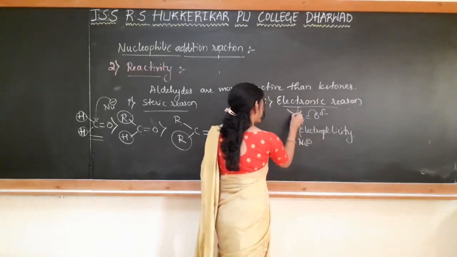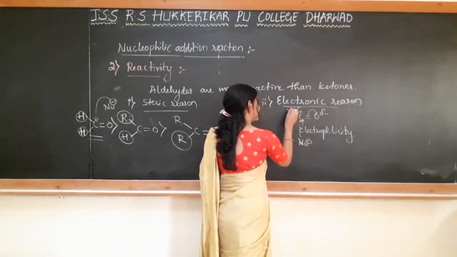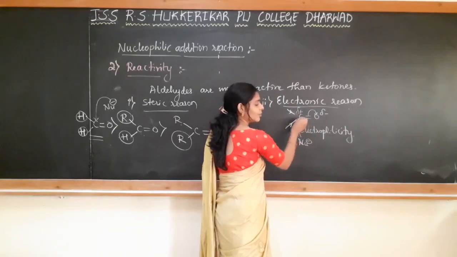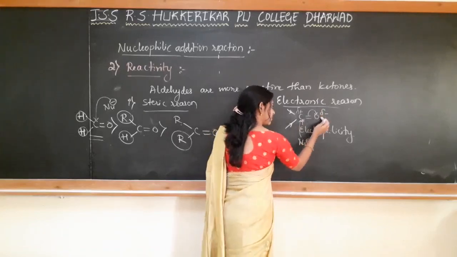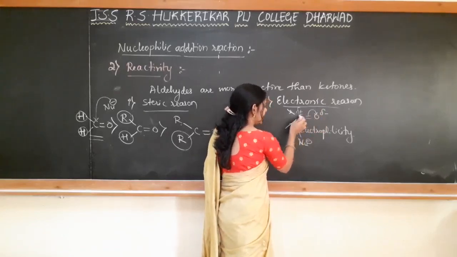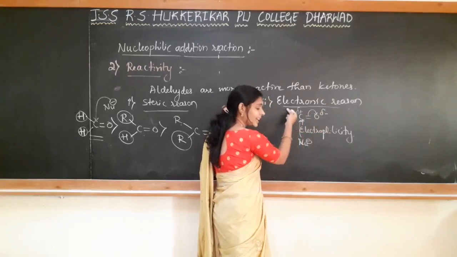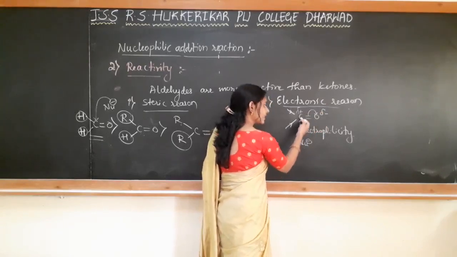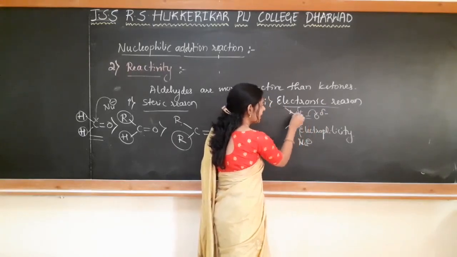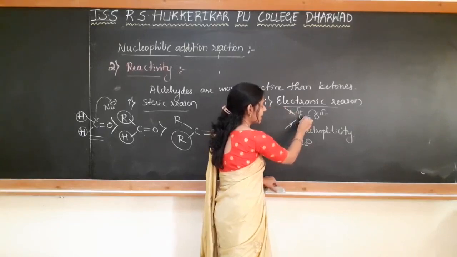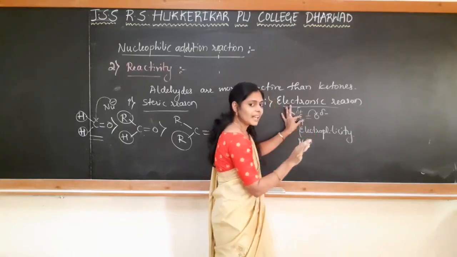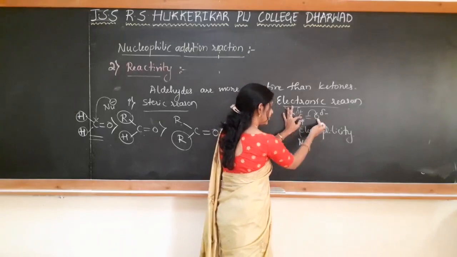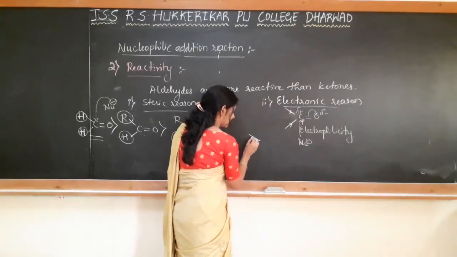Suppose I have a group which pushes electrons towards the carbonyl carbon. Here electrons are moving in this direction and the electron density is low. If any other group connected to the carbonyl carbon is giving electrons towards the carbonyl carbon, then the density will remain as it is or it may increase compared to this. If I consider this one, see here,